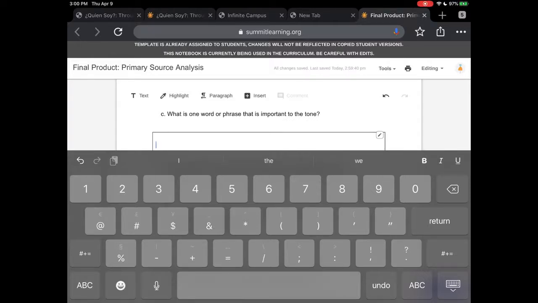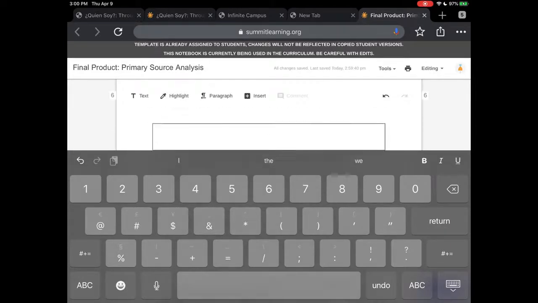So is the author angry about what they are seeing? Is the author happy about what they are seeing? Is the author feeling somber? There's a $10 word right there, about what they are writing about. This is really important. And so make sure you're understanding where or how the author feels, and tell me that in your answer. You get bonus points if you quote directly from either primary source number 3 or primary source number 1 when you are quoting your answer.